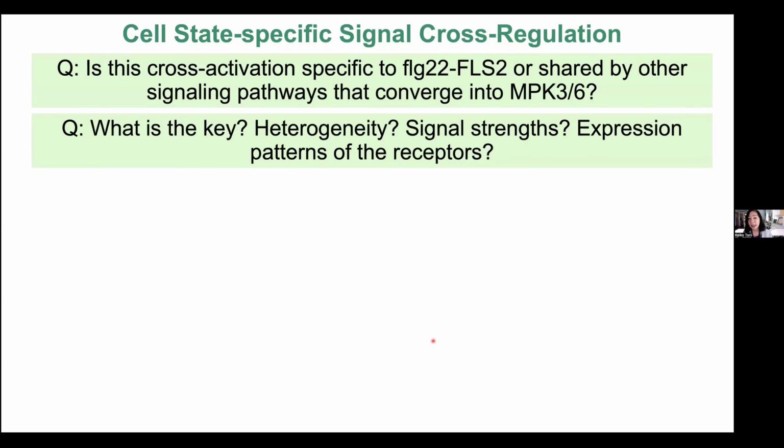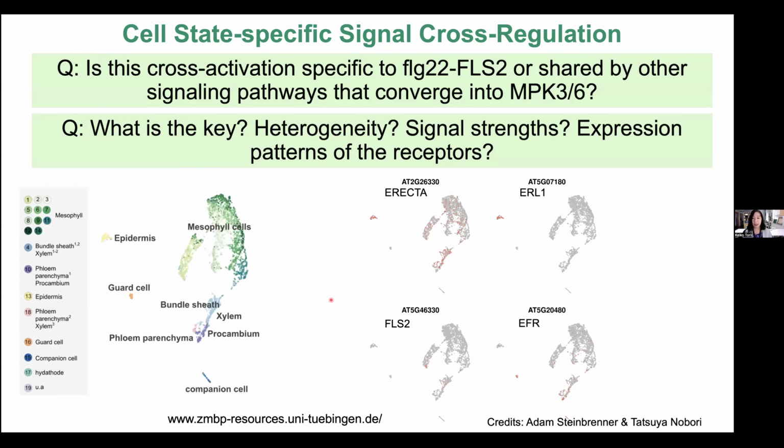And what is the key? Is the heterogeneity of the small proliferating cell important? Or is the signal strength important? Or is the expression pattern of the receptors important? If you look at the available single cell data, of course, these receptors for ERECTA and its paralogs, or FLS2 and the similar immune receptor EFR, are expressed in different cell types or maybe cell states. And that could combinatorially impact the cell fate decision during the cell state transition